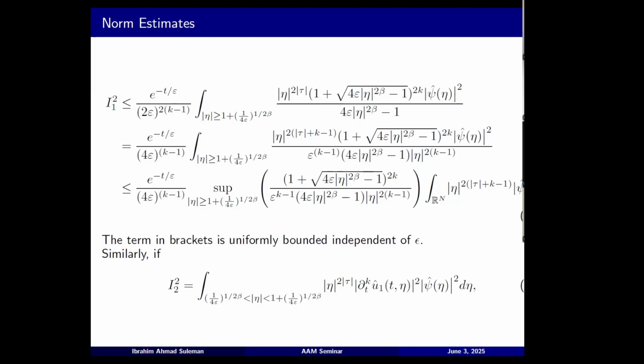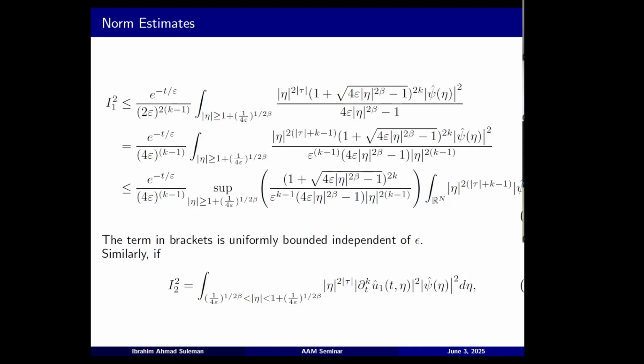So now this term will be bounded by the supremum in the high frequency. And how we analyze it is that, of course, if the frequency is high but less than or equal to some M, then for fixed epsilon and beta, you are still in a compact domain, and a continuous function will be uniformly bounded. Now, the problem is when this frequency is so high, greater than or equal to M, so this is where issues can occur.